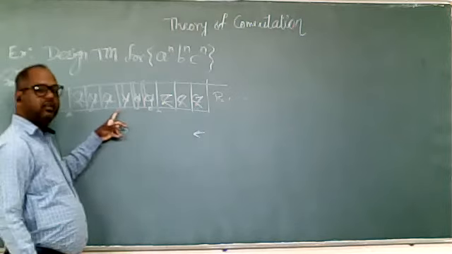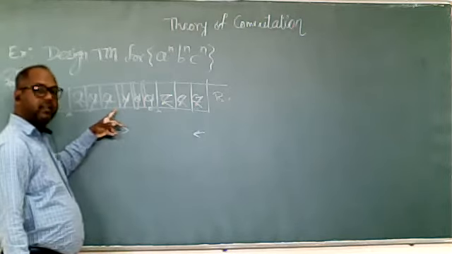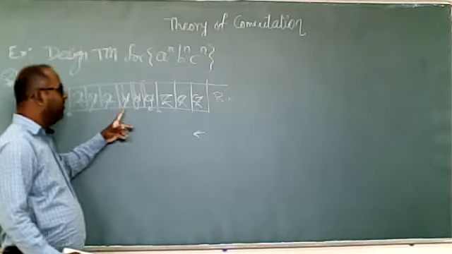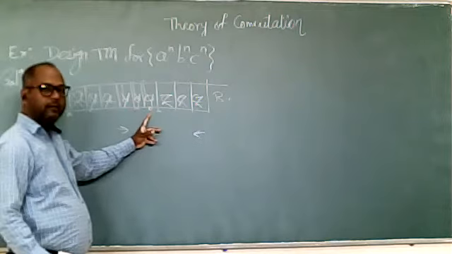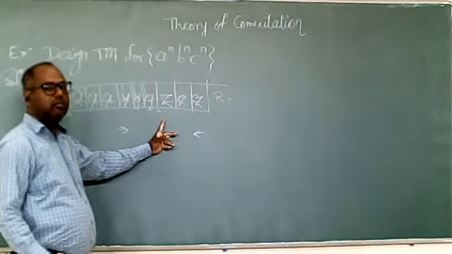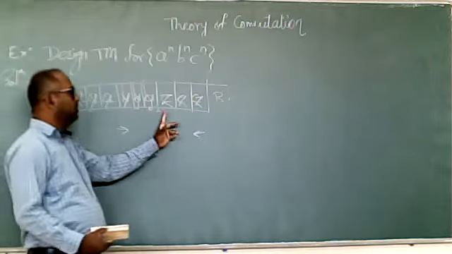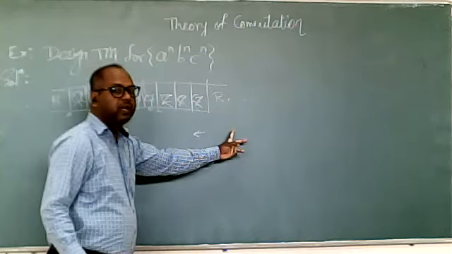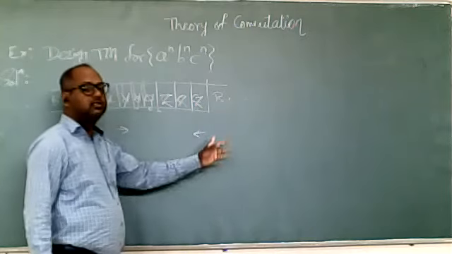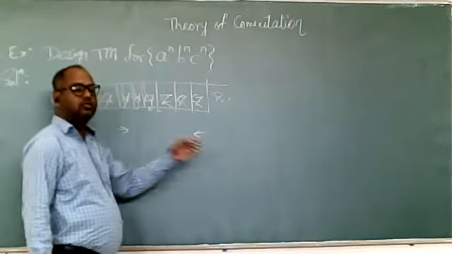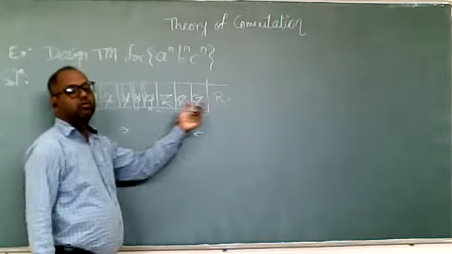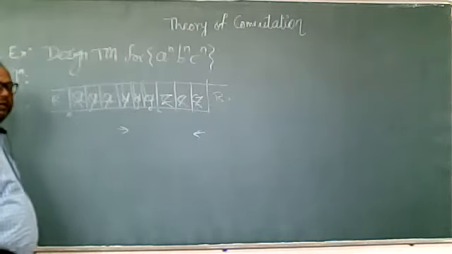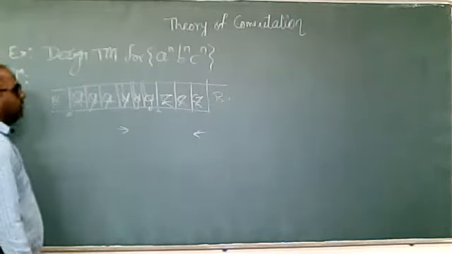Now what are we getting? We are getting Y here. There is no X, which means there is no A remaining. Skip Y. Here we are getting Z, which means there is no B remaining. So skip Z, and when we get a blank, it means there is no C remaining. So the number of A's equals B's equals C's. This logic we will try to implement while designing the Turing machine.